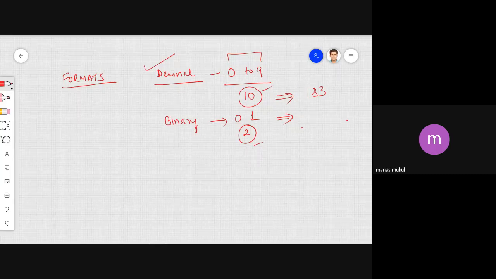Now, the computer understands binary. Because in the processor, when you are running the processor and everything, they are digital electronics, right? They work on,